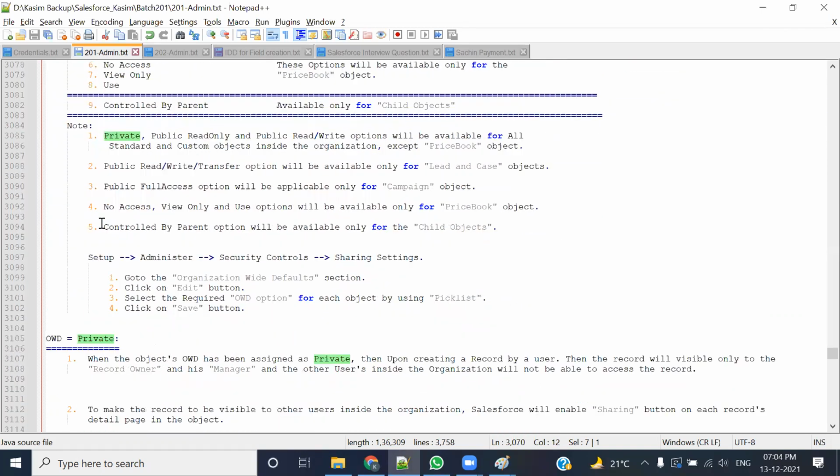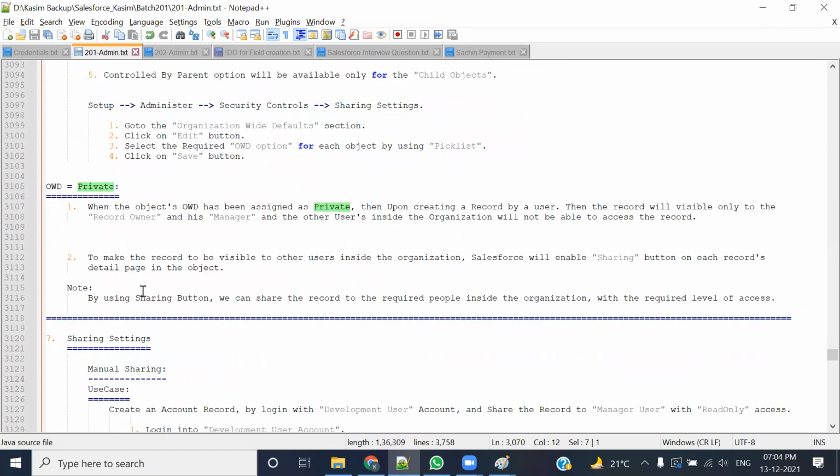Record visibility, ठीक है. एक चीज और हुई है जो हमारा कल से डिस्कशन स्टार्ट होने वाला है. See, when the object OWD has been assigned as private, किसी भी ऑब्जेक्ट की OWD अगर आप प्राइवेट करते हो, then upon creating a record by any user, कोई भी यूजर अगर उस ऑब्जेक्ट में, जैसे अकाउंट की OWD मैंने चेंज किया, कॉन्टैक्ट की OWD मैंने चेंज किया, कैंपेन की OWD मैंने चेंज किया, तो उस पर्टिकुलर ऑब्जेक्ट में अगर कोई यूजर रिकॉर्ड बनाता है,